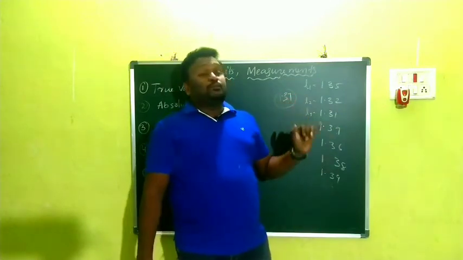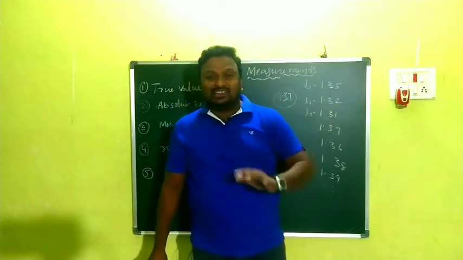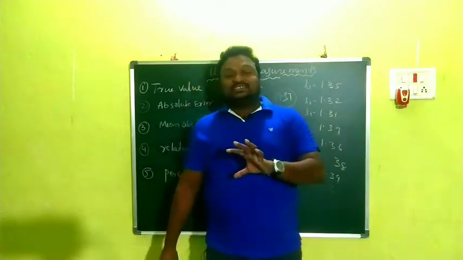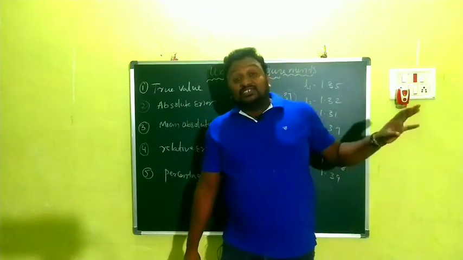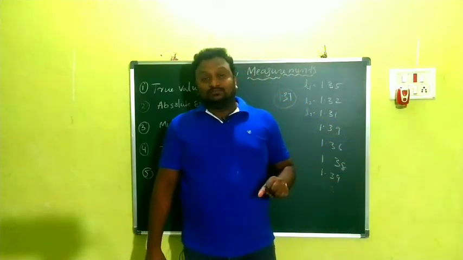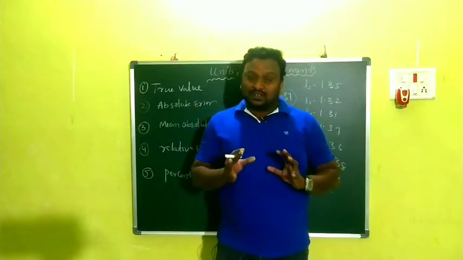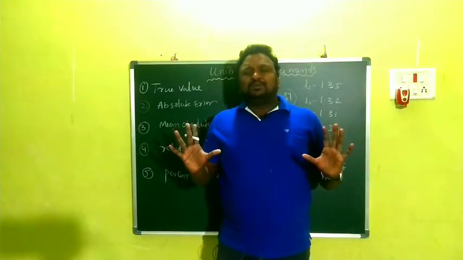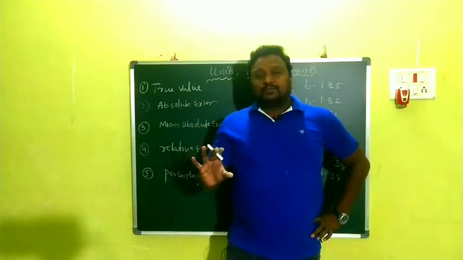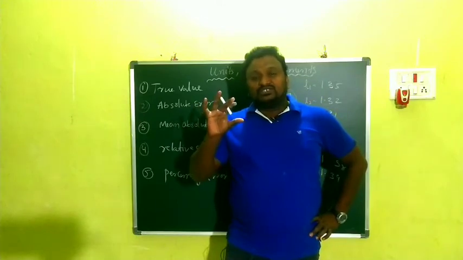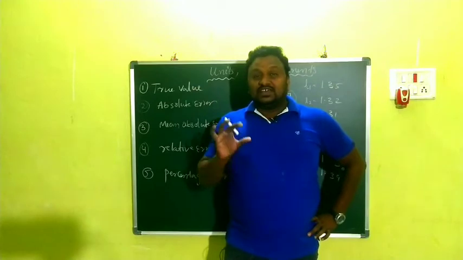I am not doing any calculation; 1.37 is simply the average of all the values. That average value is called the true value. Children, got it? It is very simple. While doing one experiment, using one instrument, we take a number of observations.